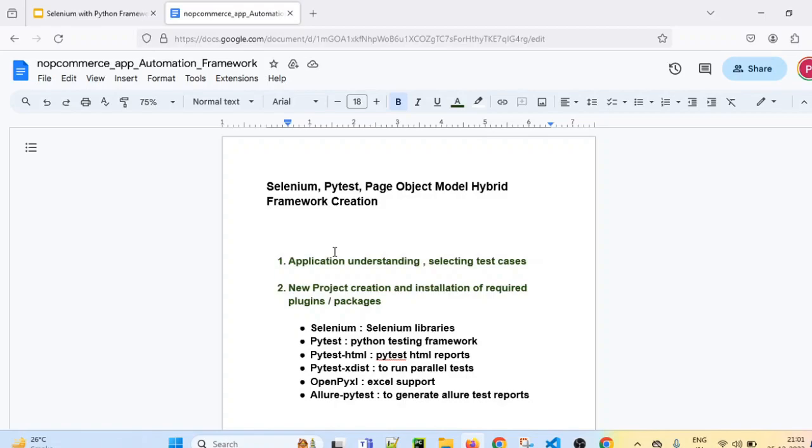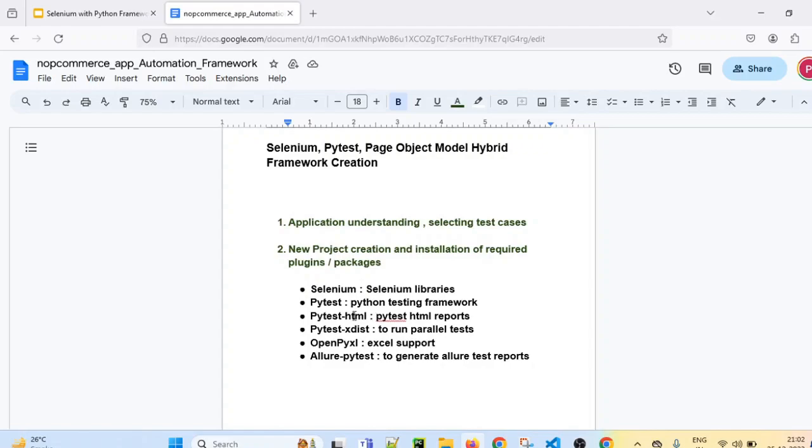That we also completed in our previous session. So we have installed Selenium libraries, PyTest, PyTest HTML reports, PyTest Exist, OpenPyXL, and Allure PyTest. All these packages we installed after creating a new project in our previous session.